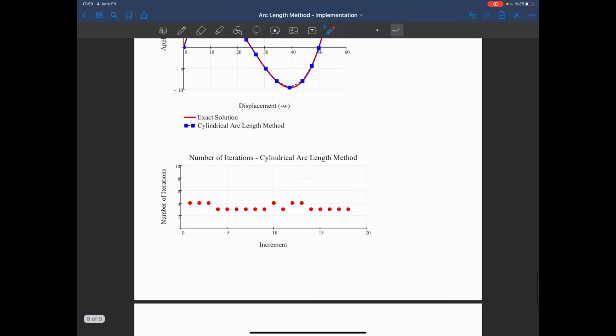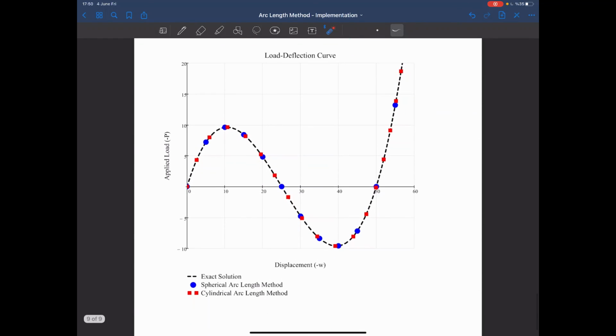As a final step, let's take a look at how the spherical and the cylindrical arc length methods behave. Now the spherical, as we said before, goes with constant displacement increments. These are all equal to 5. Okay, so basically if our maximum displacement is 60, divided by 5, we can reach that point with 12 increments. But of course, in the cylindrical arc length method,